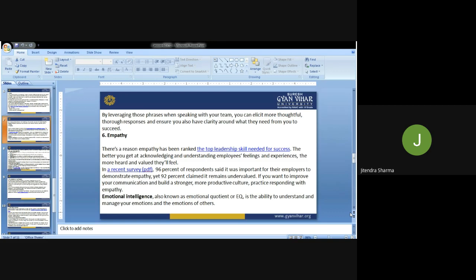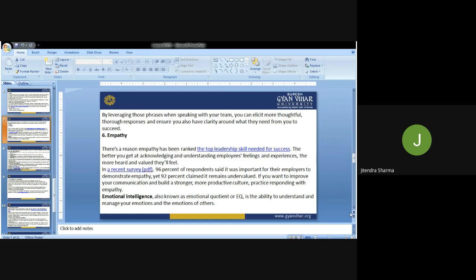You are not dealing with machines, you are dealing with human aspirants, those who are working at any position in your system, on their way towards your goal and destination. So if you are working with empathy, understanding the emotions of people, and you develop that skill, then you have a very good practice of responding with empathy, which is very important